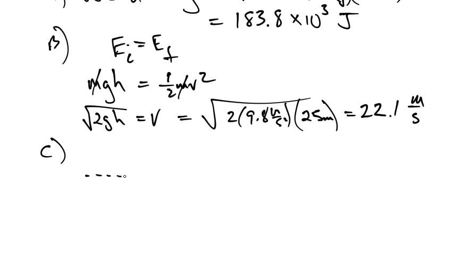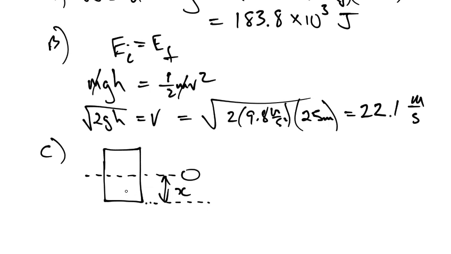So here is 0, and here is the elevator, and it has now gone down to this location here. This distance, let's say it's x. And of course, if we say initial energy equals final energy in this problem, then